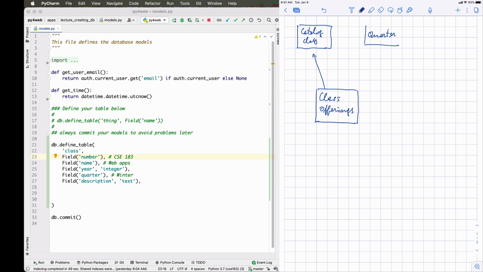Okay? And so the quarter as information has, for example, the year and the name of the quarter. And the catalog class will have a number, it will have a name, it will have a description. Okay? There are two ways of thinking at these arrows. One is that they signify a sort of belongs relations. Okay, so a class offering belongs to a quarter and belongs to a catalog class.